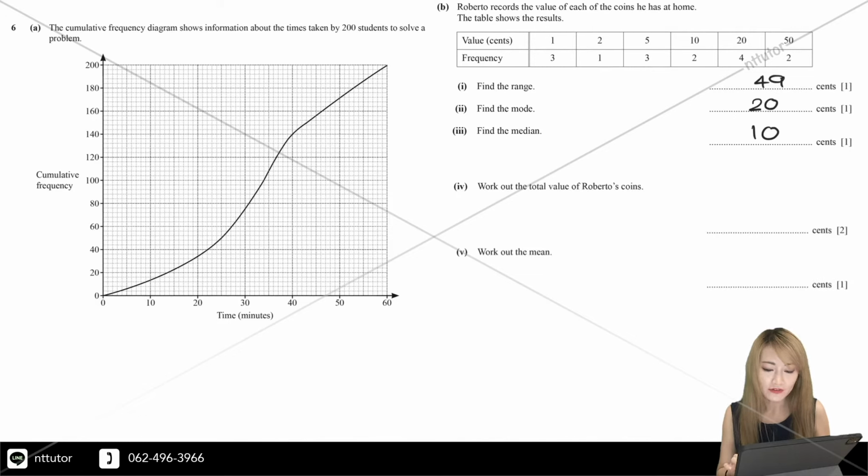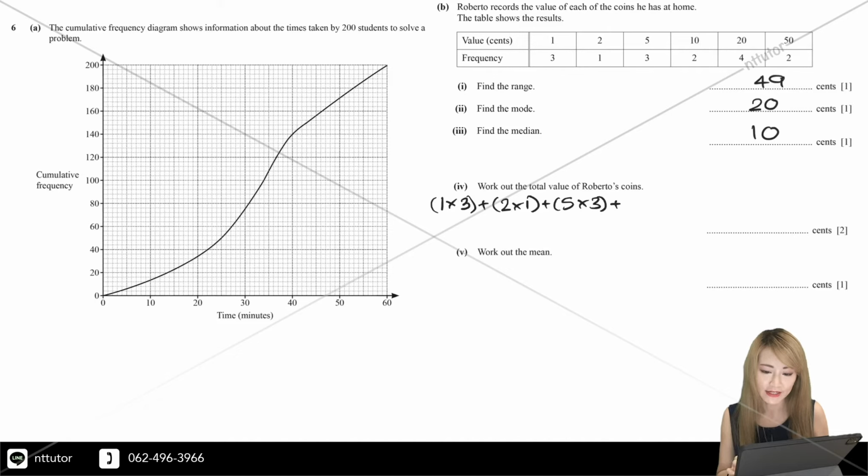Four, work out the total value of Roberto's coins. So the total value would be the value of each coin multiplied by the number of each coin. So for example, for the 1 cent coins, it would be 1 multiplied by 3 1-cent coins. So we need to add it to 2 cents multiplied by 1 coin, 5 cents multiplied by 3 of those